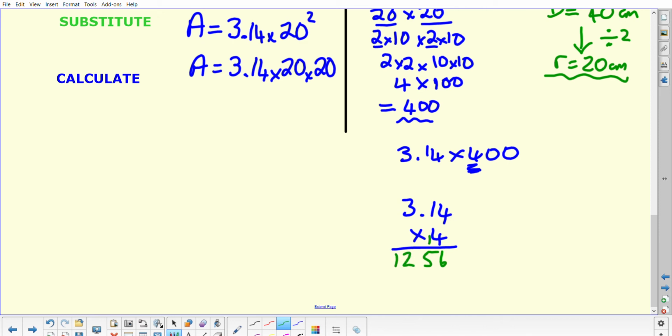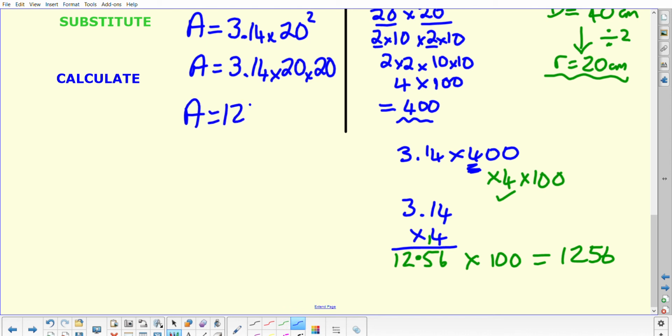Two numbers after the point, so I've got 12.56. But what I'm doing is splitting up that 400 into two processes. I've done the times 4. Now I need to do the times 100. That's moving all the digits 2 places to the left, and I'd get the answer of